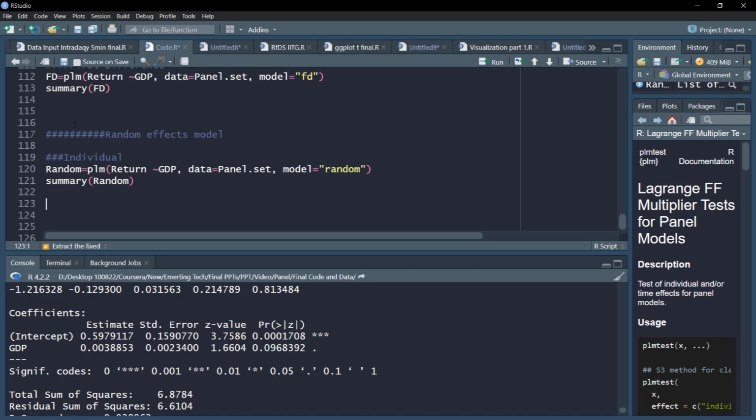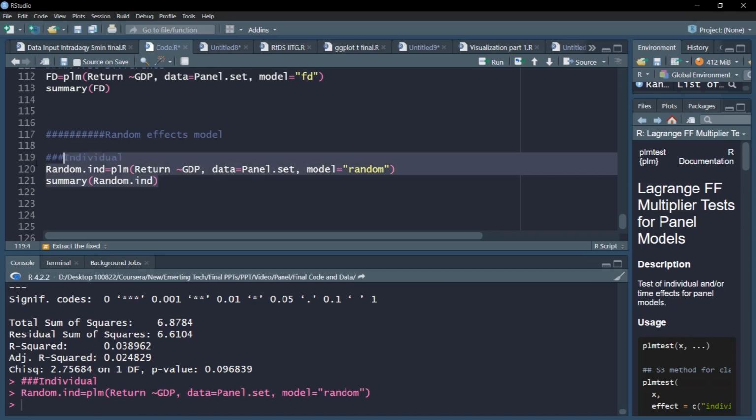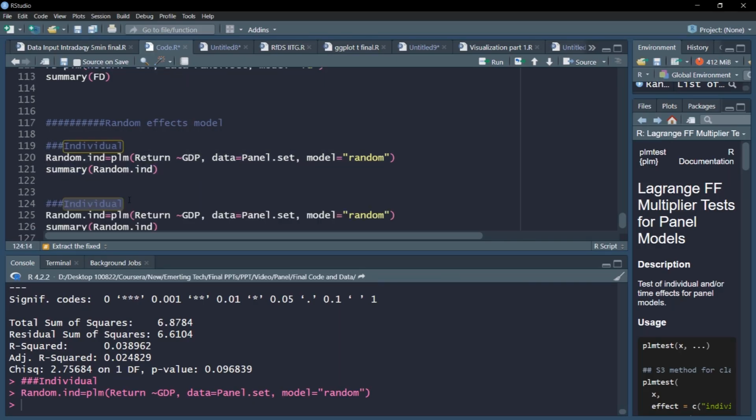Now, in a very similar way, we can include time effects. To make a distinction, I'll name the previous one random individual. So this is our random individual model that we have run, and then I will run with time effects. Let's see how it appears. I need to add one more parameter, effect, as time, and here I'll specify TM.